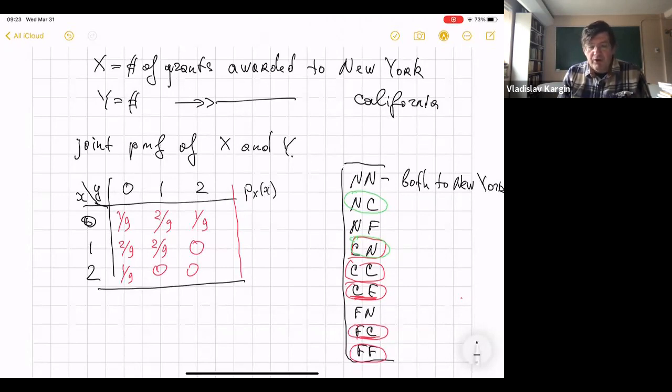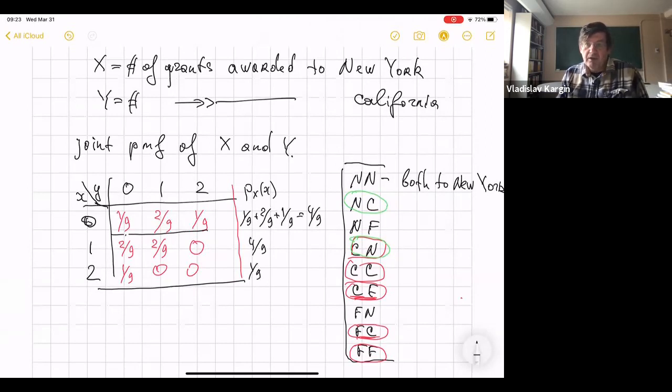For every possible value of x, we can figure out the probability that the random variable X, the number of grants awarded to New York, takes that value. So the probability for 0 is equal to 1/9 plus 2/9 plus 1/9, and so we're summing those things together. So it's equal to 4/9. And so on here. So here's again 4/9. And here is equal to 1/9. So this is the marginal PMF